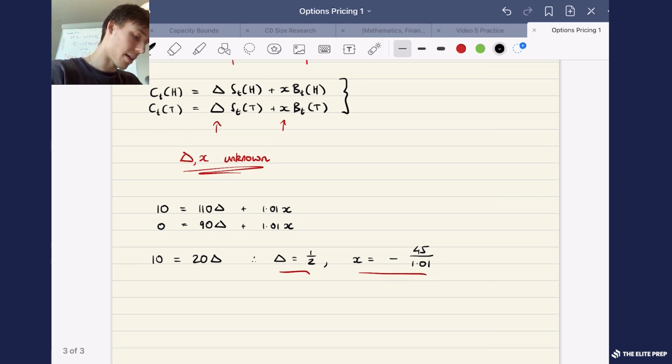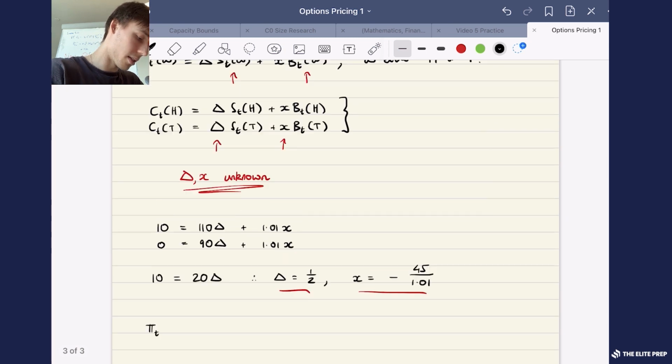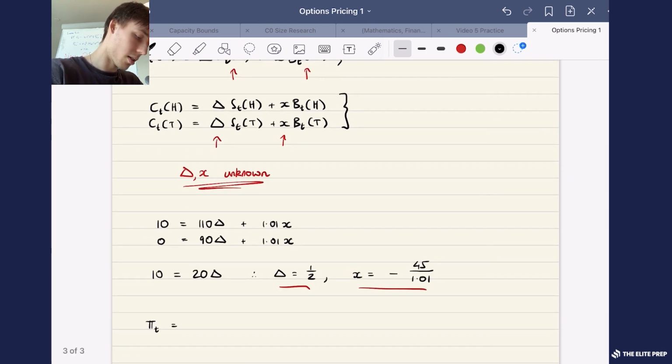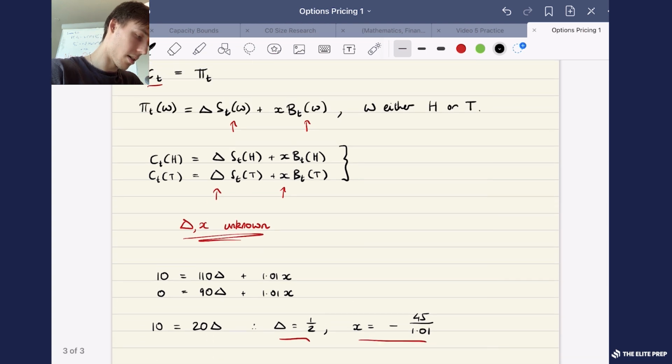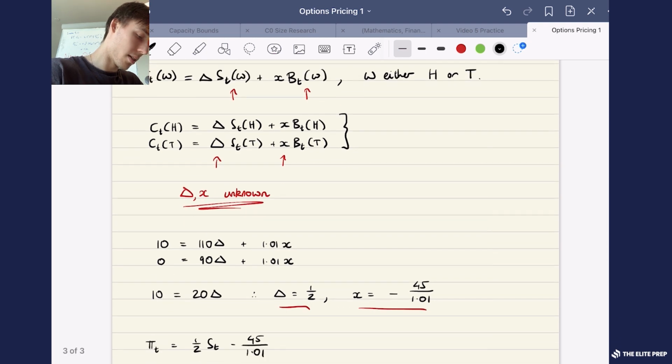So that means that our portfolio is equal to a half ST minus 45 over 1.01